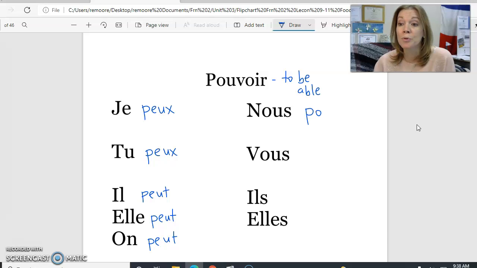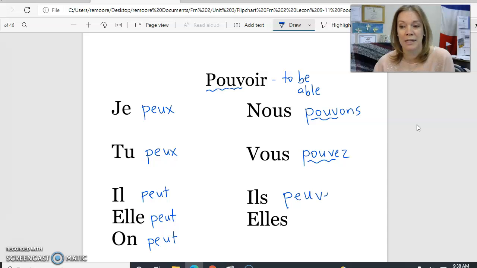Nous pouvons. Vous pouvez. Do you see how these tie back to the infinitive? Pouvoir, pouvons, pouvez. And guess what happens with il and elle? It goes back to this original stem,